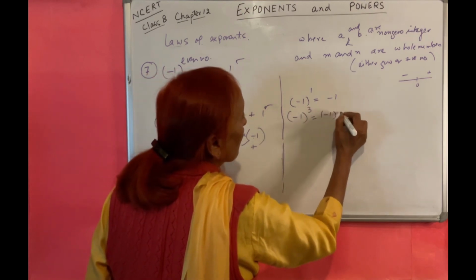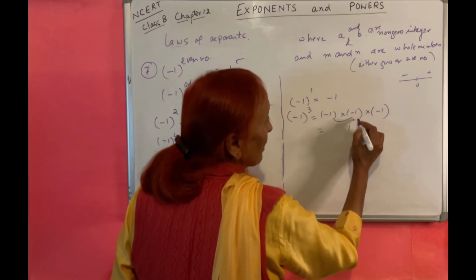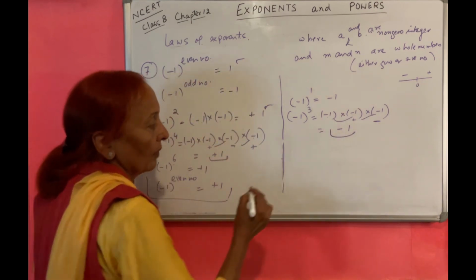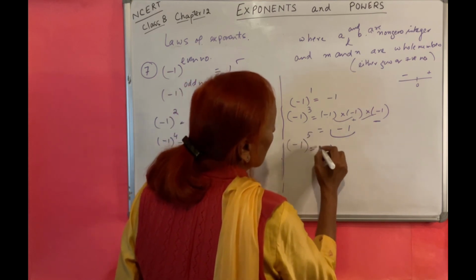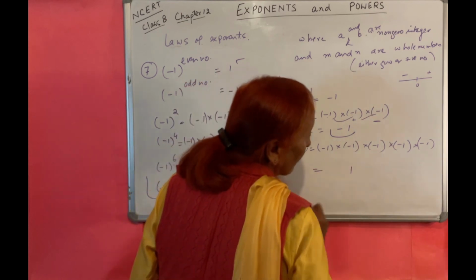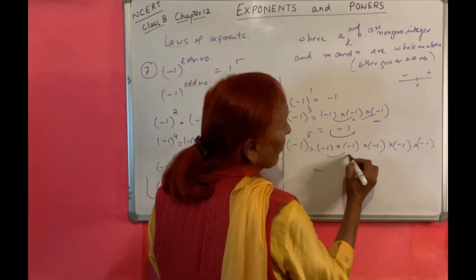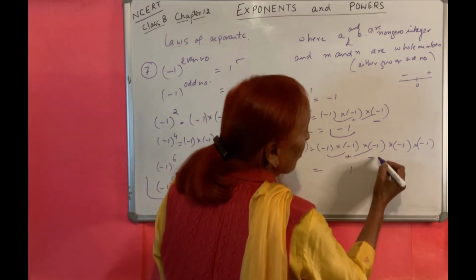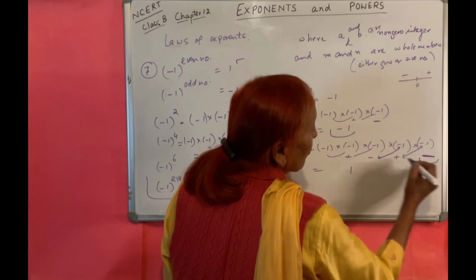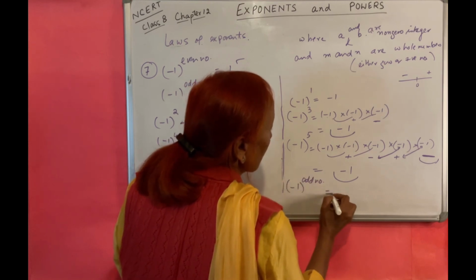Next is 3. So minus 1 into minus 1 into minus 1. 1 into 1 into 1 is 1. अब देखते हैं साइन. माइनस इंटू माइनस इज प्लस. अब प्लस इंटू माइनस इज माइनस. तो नेट इज माइनस 1. एक और लेते हैं 5, means minus 1 into minus 1 into minus 1 into minus 1 into minus 1, 1 1 1 1 1 तो 1 ही आएगा मल्टीप्लाई करके, जितनी बार मर्जी हम मल्टीप्लाई करें। अब देखते हैं ऑड साइन, माइनस इंटू माइनस प्लस, अब प्लस इंटू माइनस माइनस, नाउ माइनस इंटू माइनस प्लस, अब प्लस इंटू माइनस माइनस, तो नेट हमारा जो लास्ट में साइन आएगा माइनस. दैट मीन्स minus 1 raised to power any odd number is minus 1.